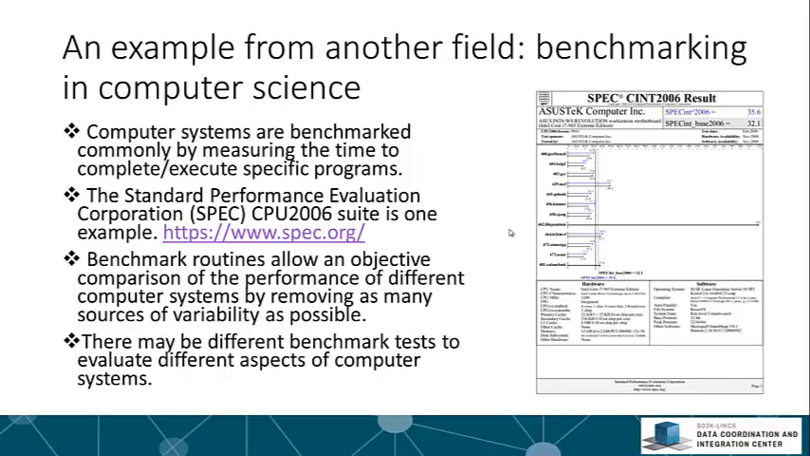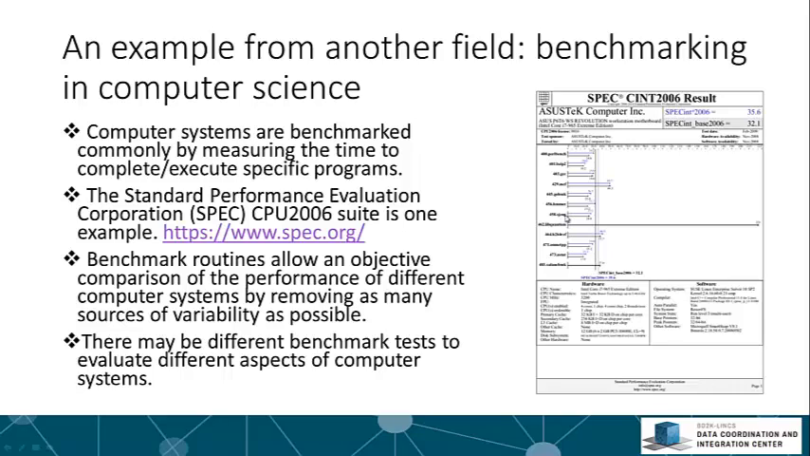And there are a number of these. For example, 401.bzip2 is a benchmark test that measures the speed of the system in compressing files. And what is plotted here is the time to complete the compression, a standard compression, as compared to a reference time. Down here, with the